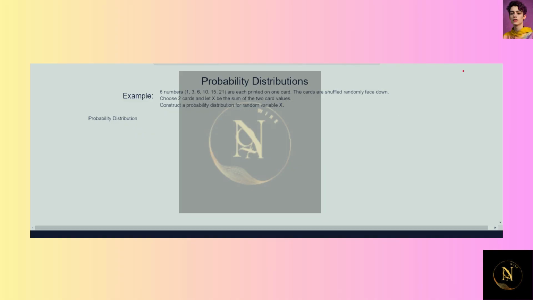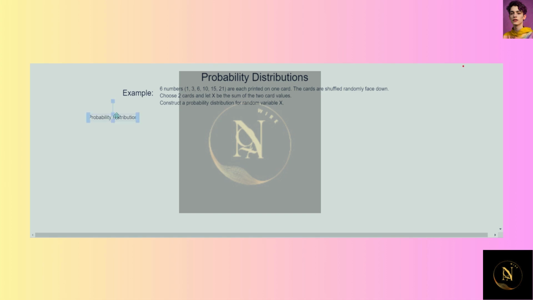Hello, today we'll be continuing our discussions with probability distributions, and we will be doing an example today where we will be constructing our own probability distribution, with this example that will include determining all the probabilities for each possible x value and determining what those x